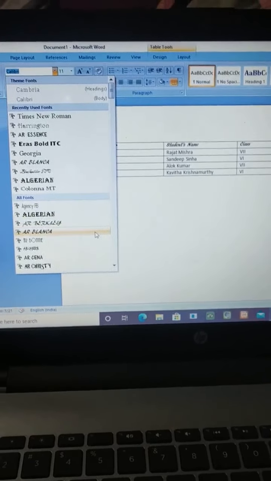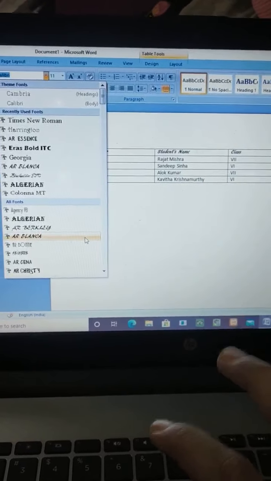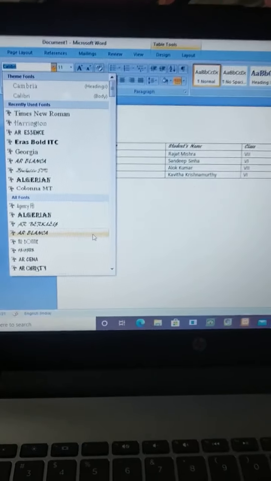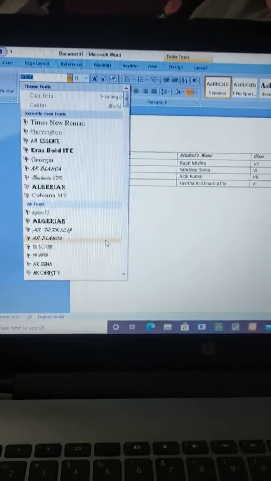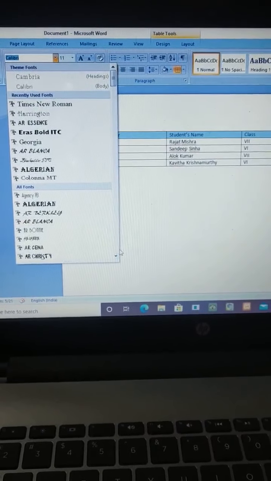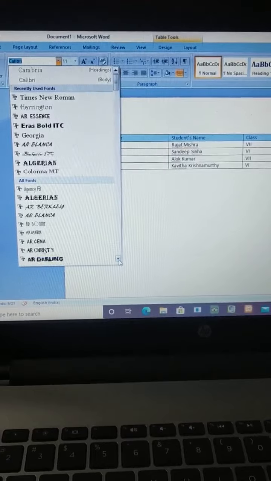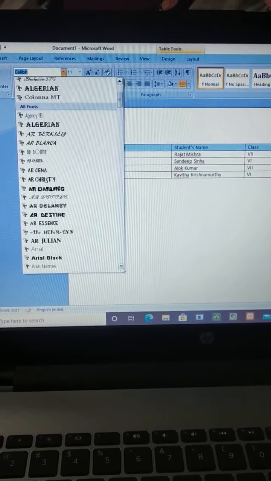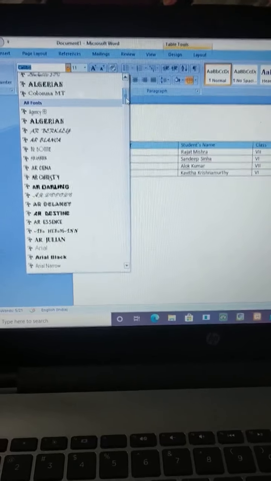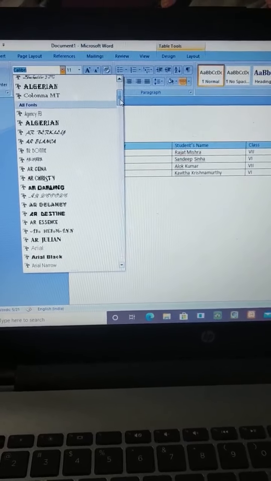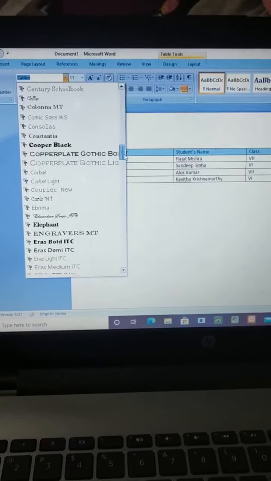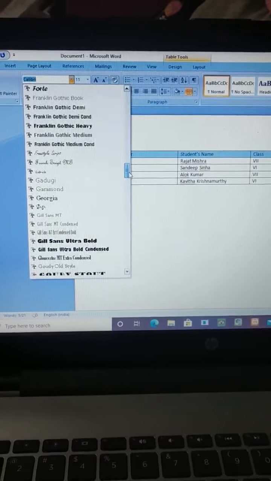Look, which one we want, we can select. Many are there. And look here, if we open an application on a computer, if you see this arrow, one down arrow and one up arrow, this is known as a slider. If you see this, it means there are many more options below. You can click on this down arrow to go down, or just put the cursor on the slider, hold the left button of your mouse and move the mouse downwards, and you can see many options. Understood?